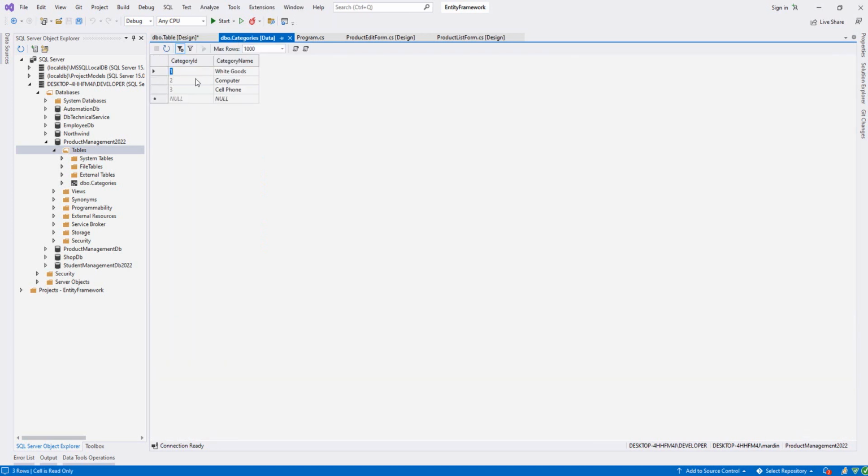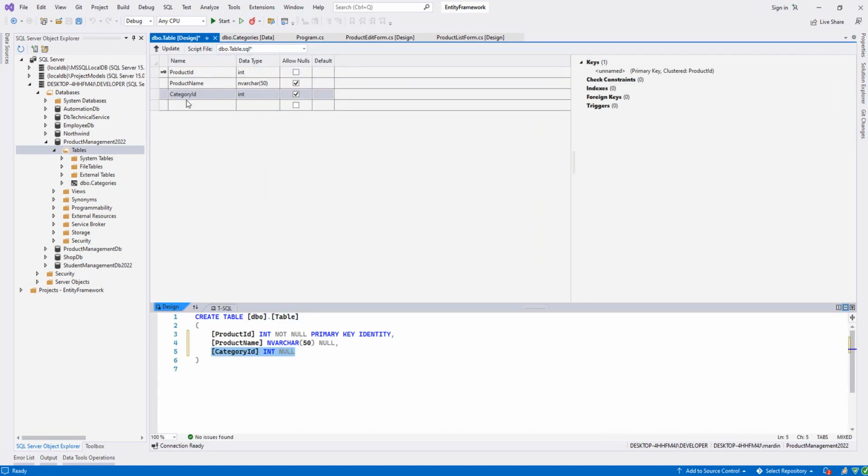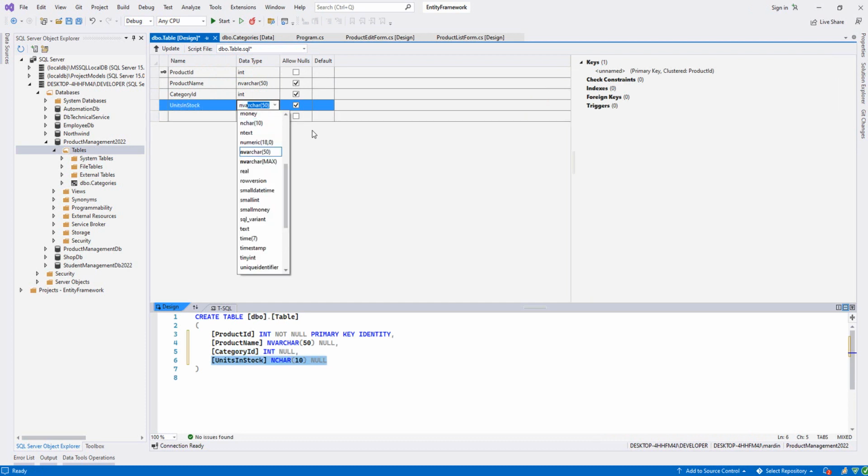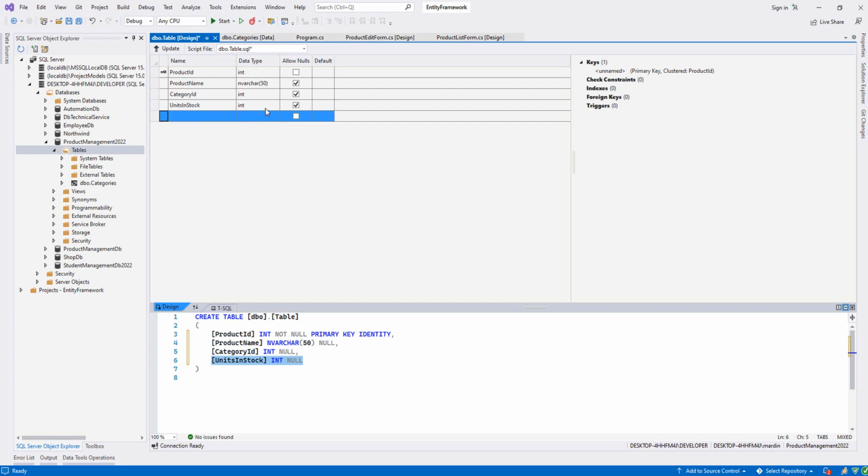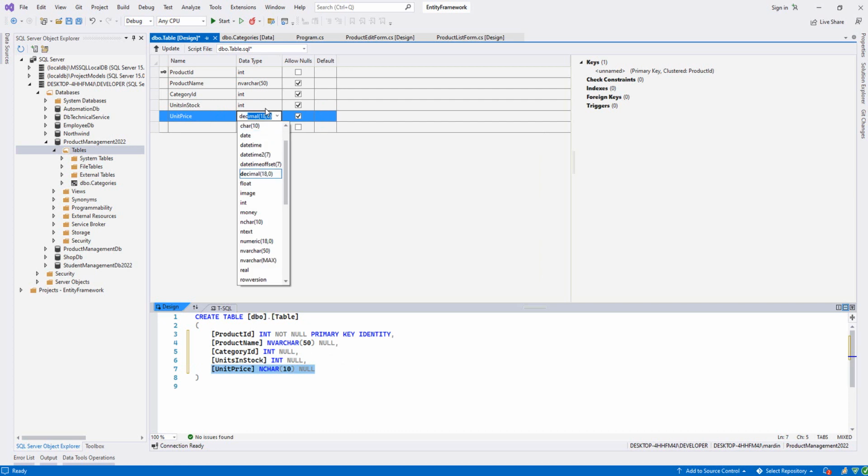If I write 1, it means it is white goods. So then we say units in stock, and this is also integer, and then we say unit price, and this is decimal with 2 precision,